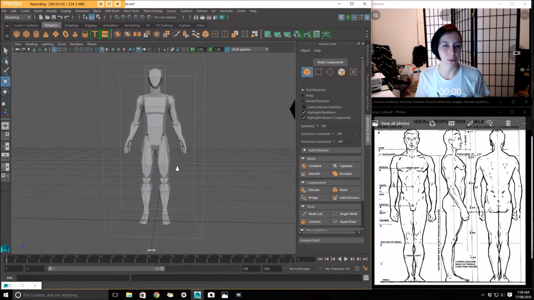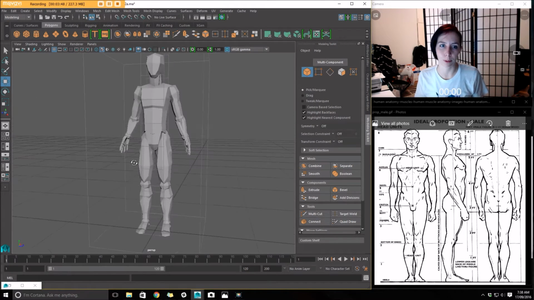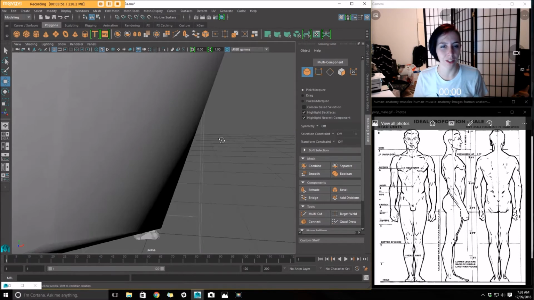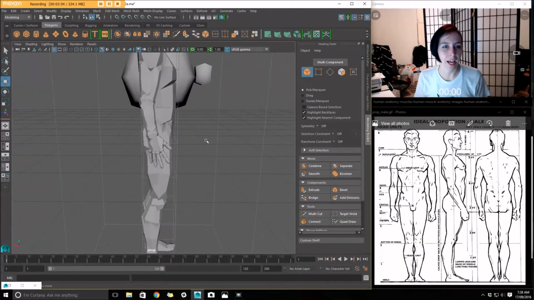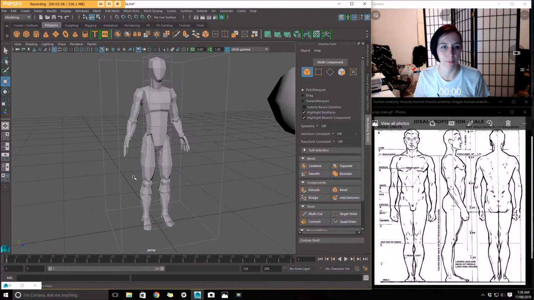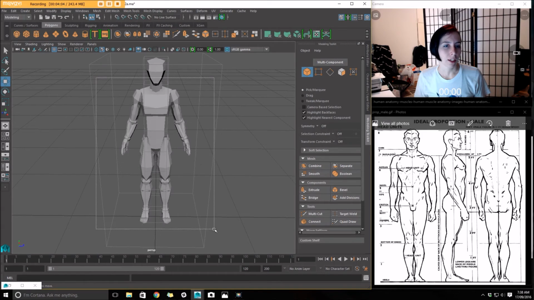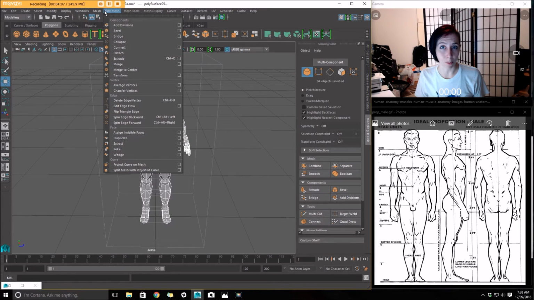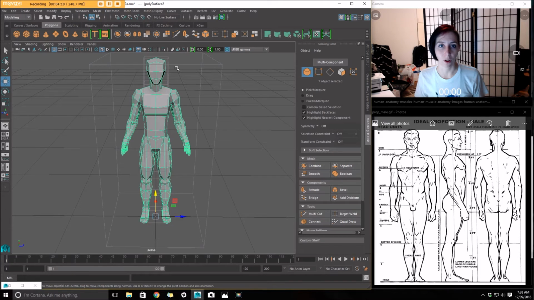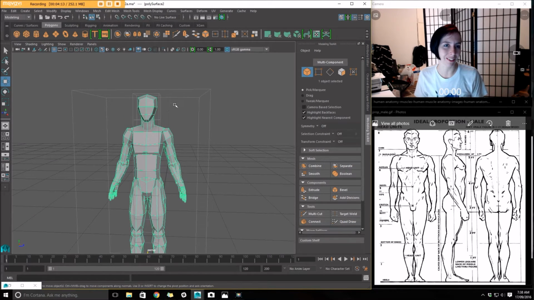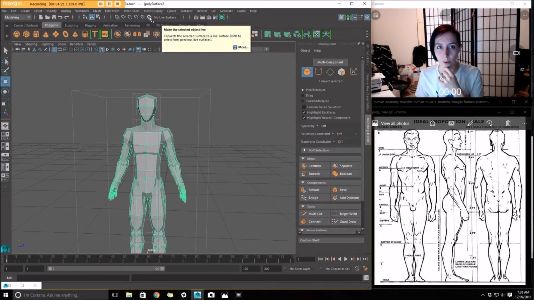The other reason why it's so useful to build this sort of proportional model out of a lot of simple shapes is when you're happy with how the muscles are set up relative to each other, and you're happy with where the body is laid out in relation to the other body parts. You can select all of that and just do a mesh combine, making it all one object. And you can make this object live, which means I can draw polygons directly onto it. To do that, there's this little magnet icon at the top of the UI called Make Selected Object Live. If I click on that,